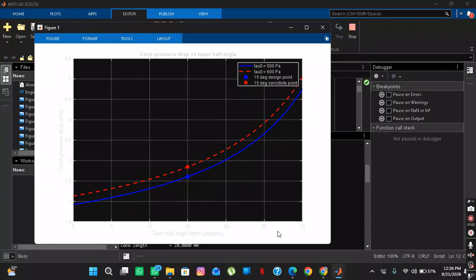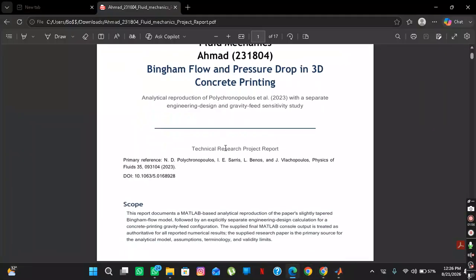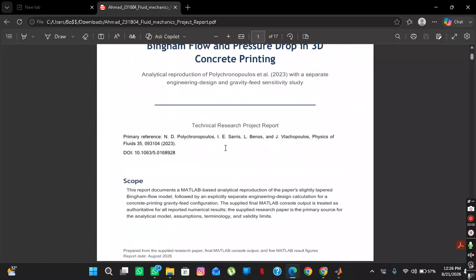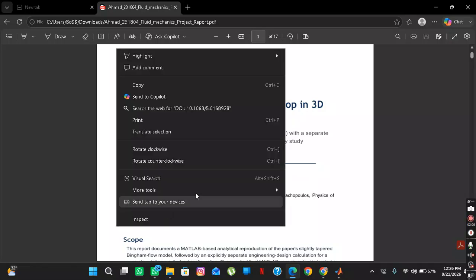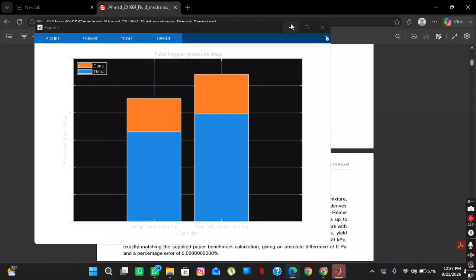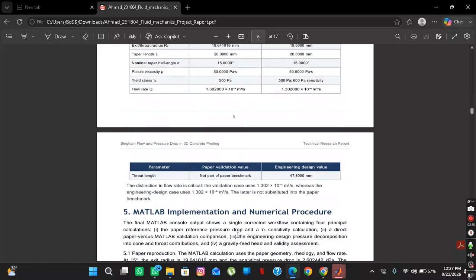Here is the report I made using the research paper, and we have used this research paper. This is DOI of the research paper, and now this is the first output we got from the MATLAB, okay, and this was the graph between taper angle and